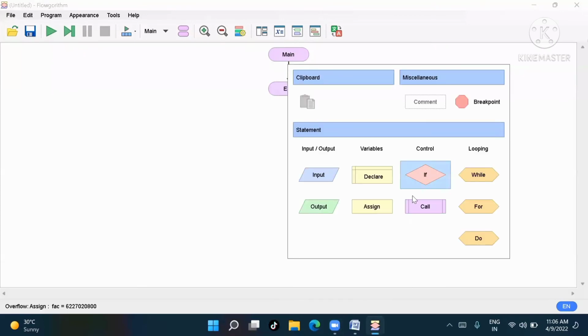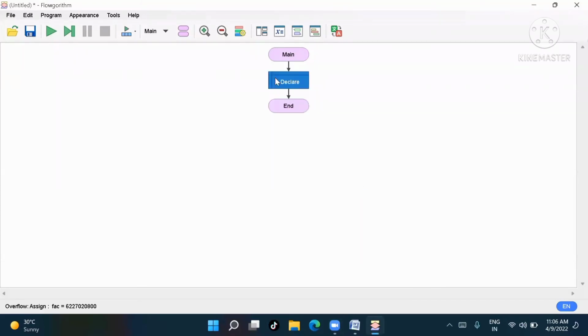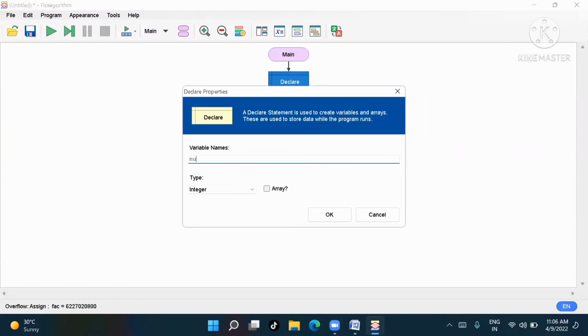Now, for that we take the number. First we'll go to the number. For looping, we have used initialize. Initialize the value. And what was done there? Sum. So we'll do sum.